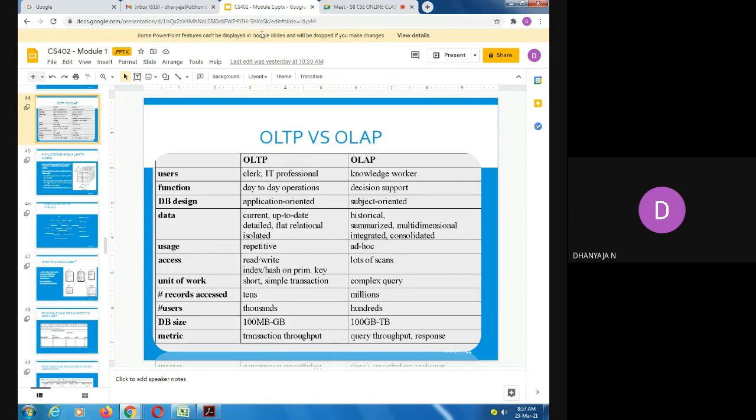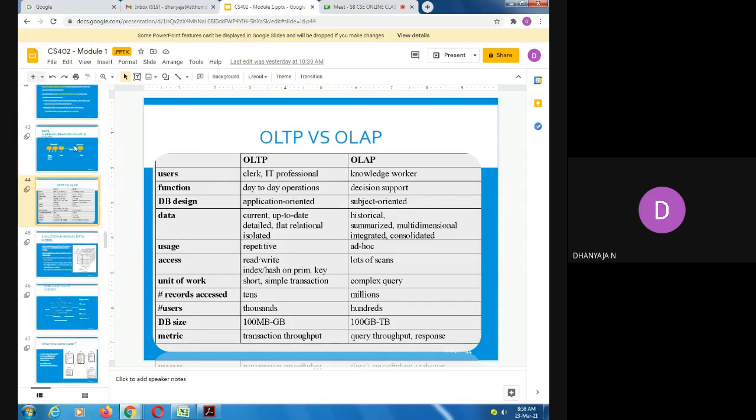It's a software technology that allows the user to analyze information from multiple database systems at the same time. So it is based on a multidimensional data model and allows the user to query on multidimensional data. And the main operations in OLAP that we discussed in our previous class are roll up, drill down, dice, and pivot. So these are the main operations. Now, what about OLTP? OLTP is online transaction processing.